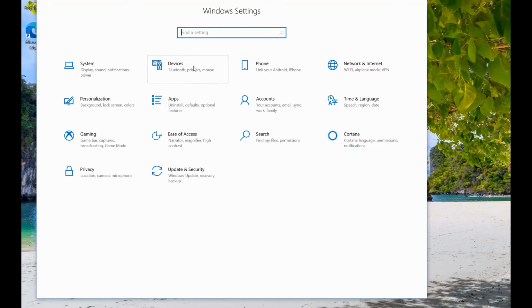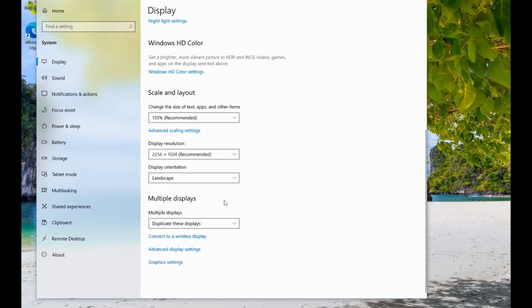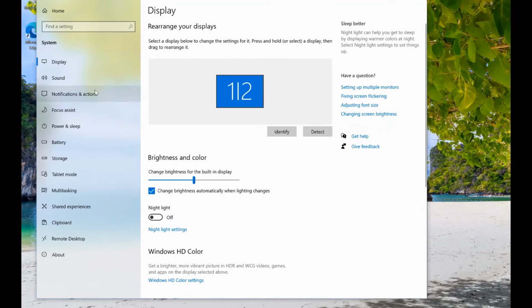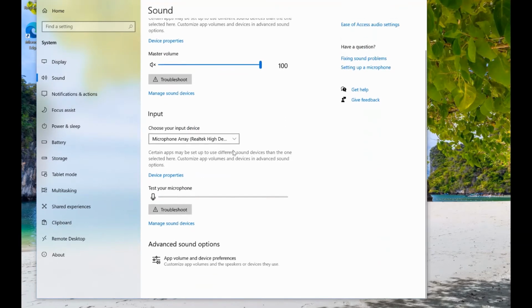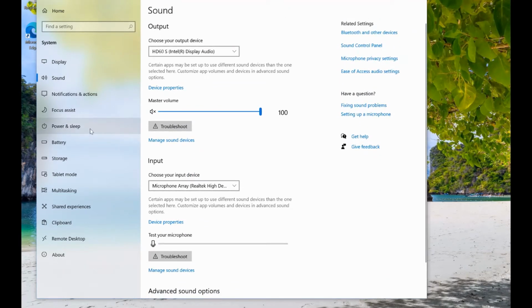Devices and phone help you get connected to an immensely huge library of devices, accessories, and phones that Windows 10 is compatible with. Sections such as System, Privacy, and Update and Security are where you want to get started, however, as once you set things the way you want, you will rarely need to make changes here again. Here you can make changes to how your device display looks, how it sounds, as well as power settings for when the device will go to sleep or shut down.